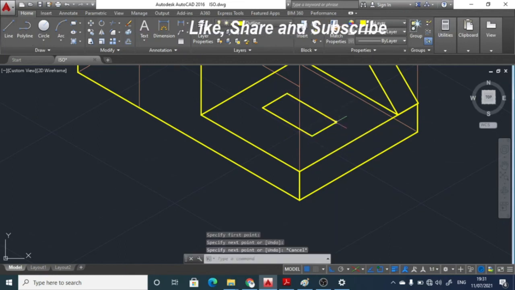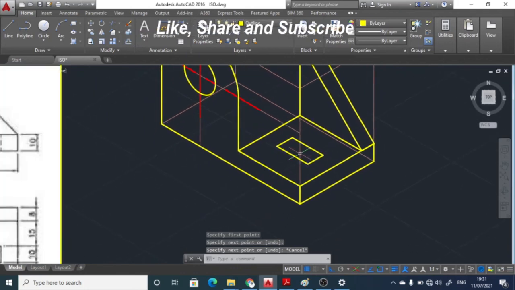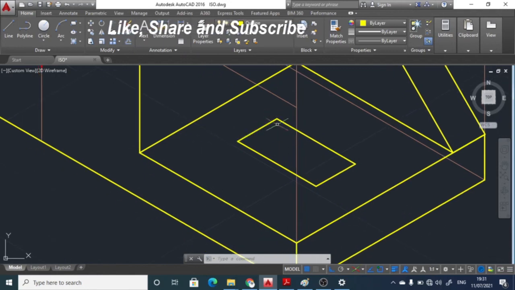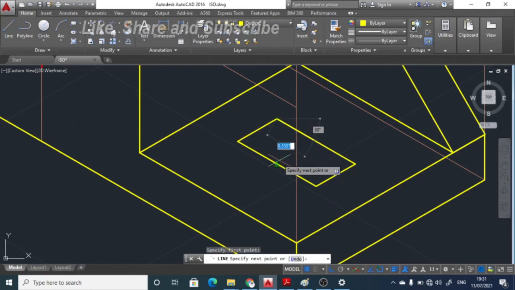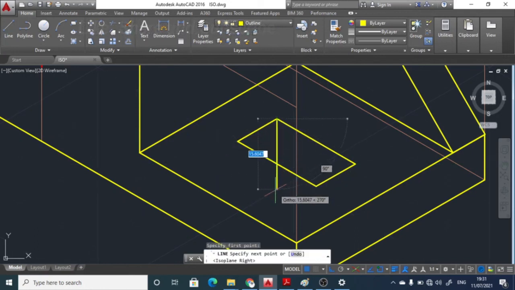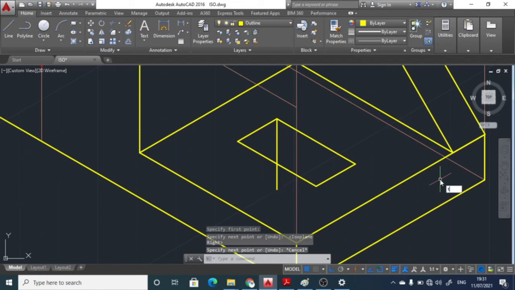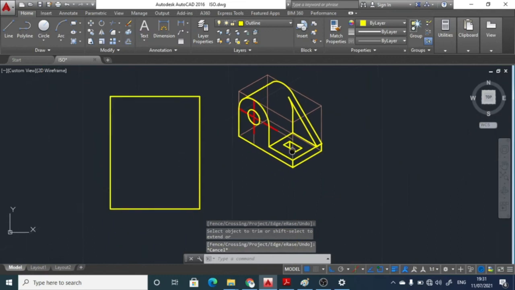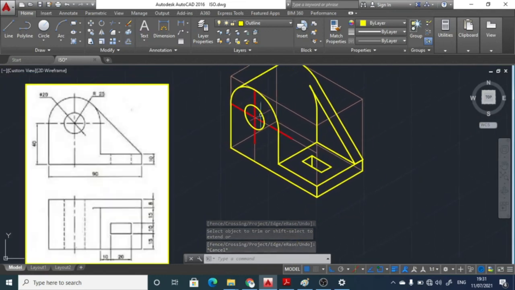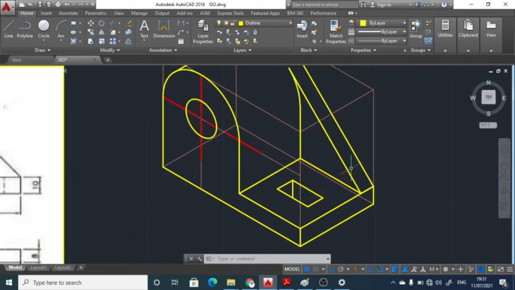So it is a 20 by 10 rectangle we have drawn. But whenever the observer is looking at this diagram in the 3D format, he will find one edge of the corner also. So take one line from this corner and draw the vertical line. Press the F5 button and like this you can draw the vertical line, and the rest of the part you can trim like this. So the diagram will be completed. Whenever the observer looks at this diagram from this side, he can find this semicircular part, this is the platform base and this is the rib of this part, which can be visible to the observer.